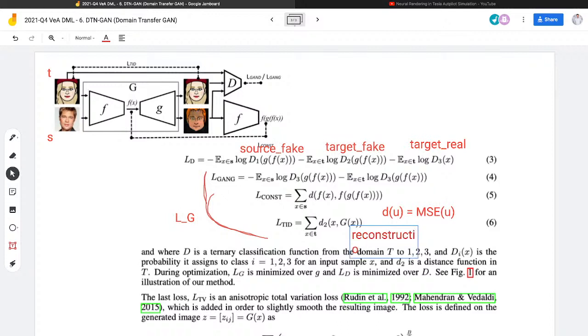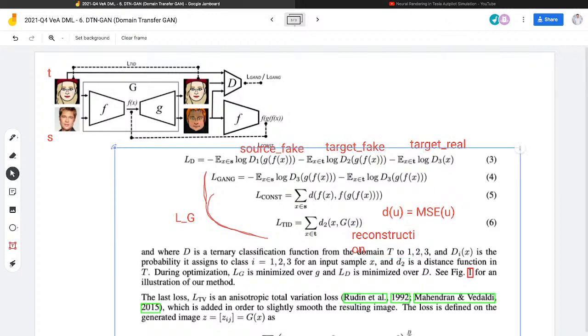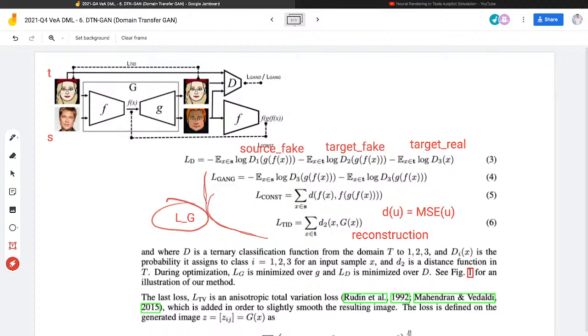I'm not sure that we actually need reconstruction here. I think one of the reasons why you would want to use GANs is to avoid reconstruction losses, but they added it here. Maybe next time we will look at cycle GAN, which will work a little bit differently. And then the last thing included in LG is LTV, which is just how would I call it,